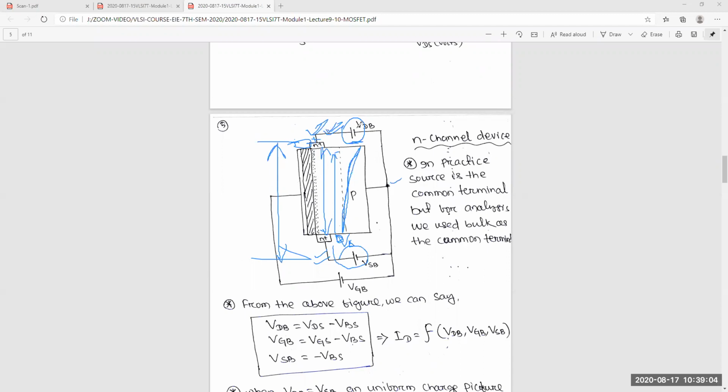When you increase that VDB, the drain voltage, you start from the same voltage. This voltage and this voltage will be the same at VSB. But after that, when you slowly increase VDB, this depletion region will be more and more, depletion charges will be there, and the inversion charges will decrease in this particular region. Slowly it will decrease. Yes or no? So one by one, you are getting this thing or not? If you are not getting it, again I will say.